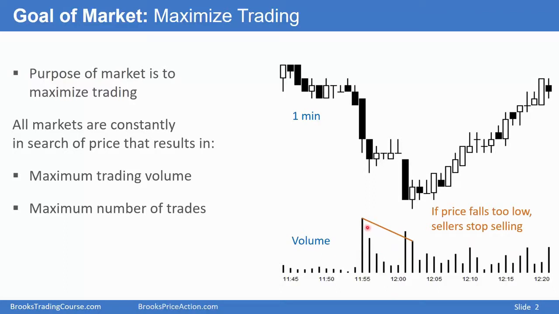I want to talk a little bit more about this volume. The market's falling, it's getting cheaper, yet fewer trades are taking place. If it's getting cheaper, bulls will want to buy more. The price is getting lower, and bulls always want to buy when the market is getting cheap. How can volume be going down if there are more and more bulls wanting to buy? It's going down because there has to be bears willing to sell for a trade to take place. If the trading is getting less and less as price is going down, that means bears are no longer willing to sell at that price. The price is too low, and the market has to go higher to find sellers.